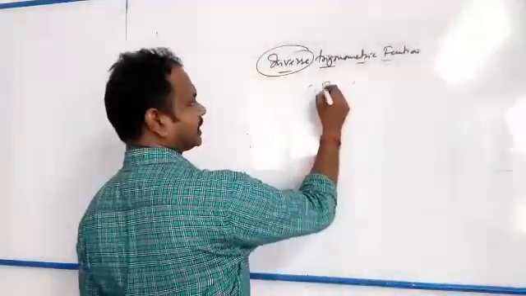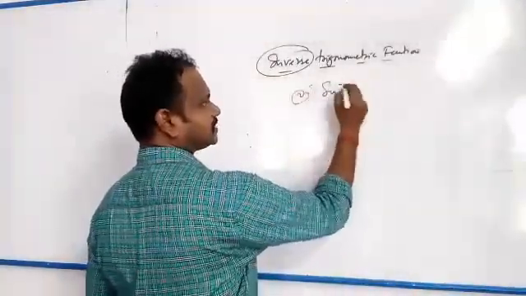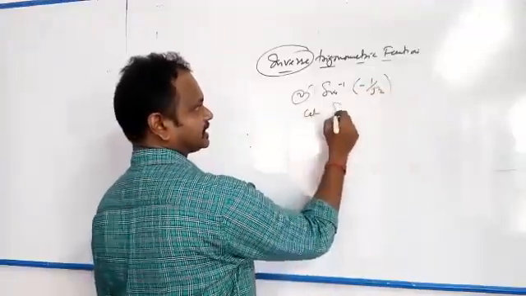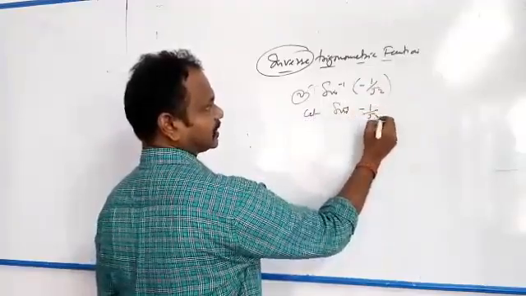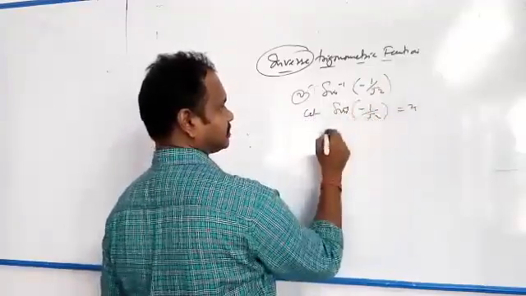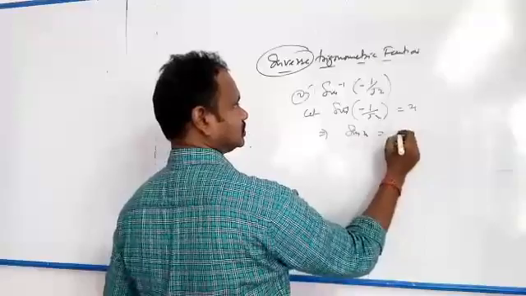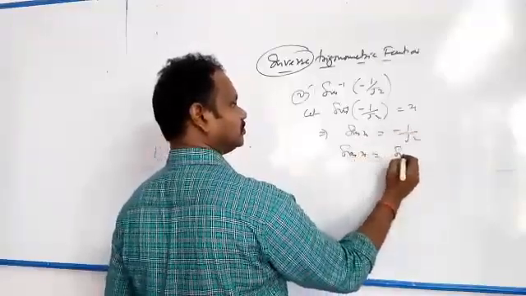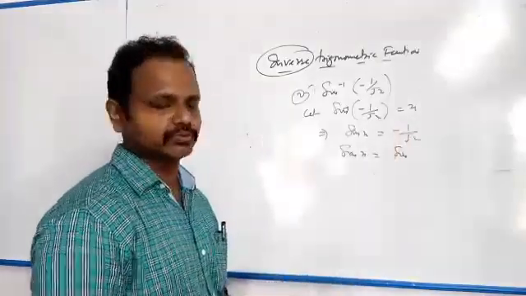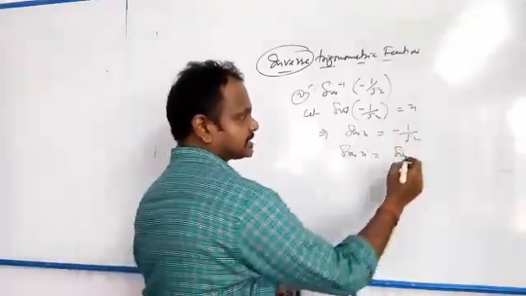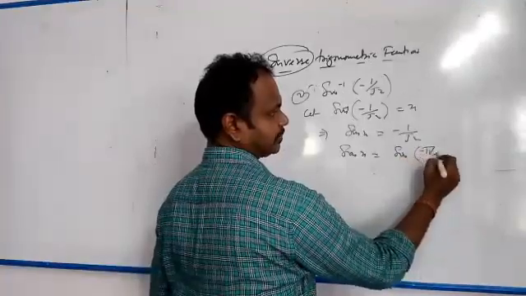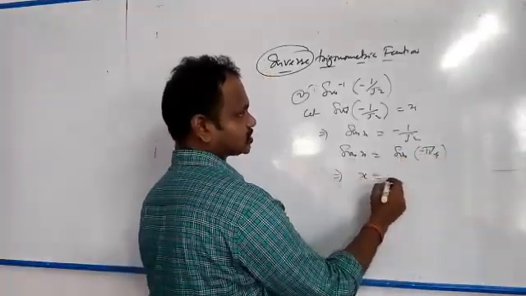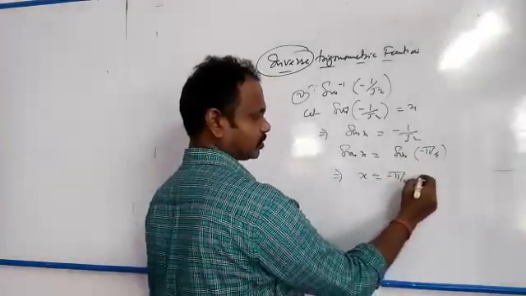Same question, suppose you have to find sine inverse minus 1 by root 2. So we can write, let sine inverse minus 1 by root 2 be equal to x, which implies sine x is equal to minus 1 by root 2. So we can write, 1 by root 2 is sine pi by 4. For minus 1 by root 2 we can write sine minus pi by 4. So which implies the value of x is equal to minus pi by 4,